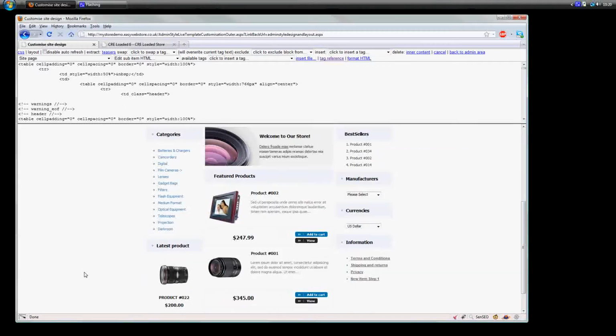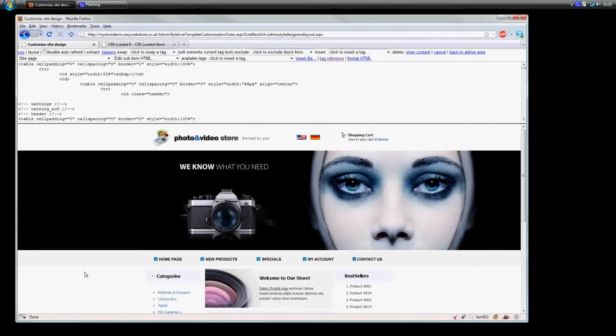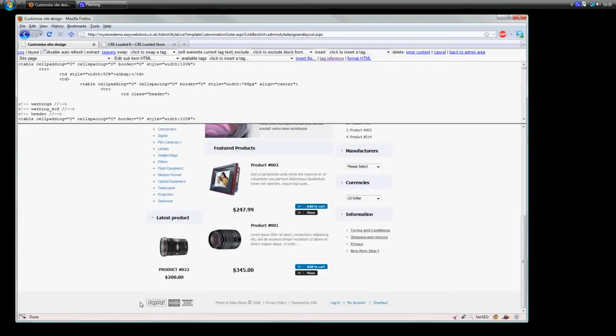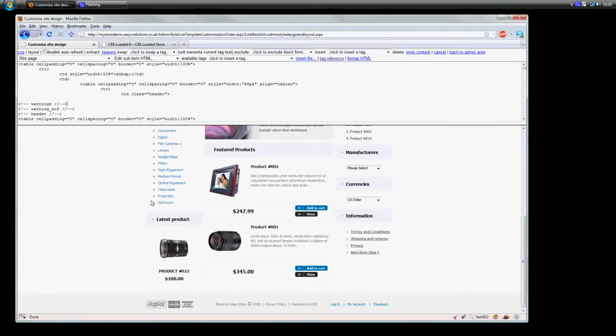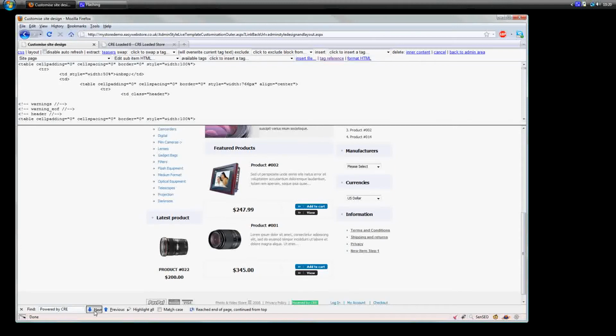As you can see, the page is broken up into various parts. We'll start with something simple first. Basically the payment logo area at the bottom and the footer, we need to swap that out and use a tag to render that so that our system tags can be rendered out. So basically, first off, what I need to do is find the HTML above that that renders this out at the bottom. So I'm going to just search for that section there and see if I can find it in there,